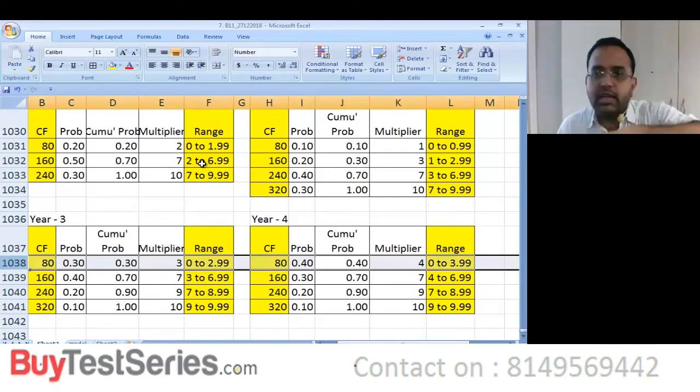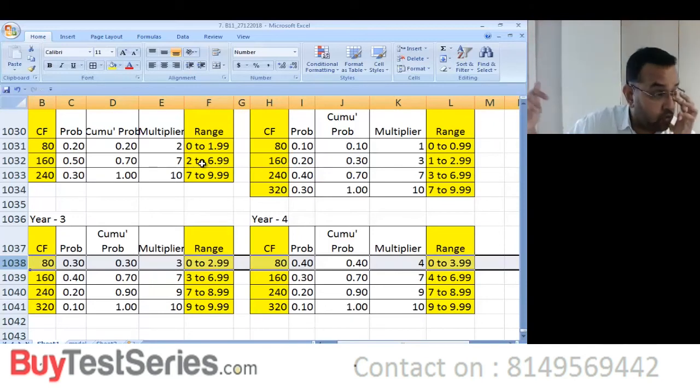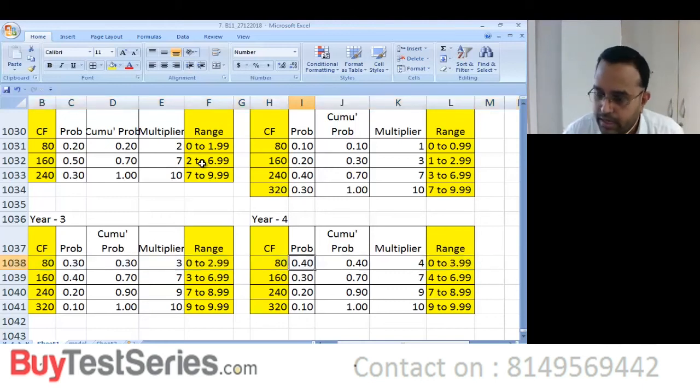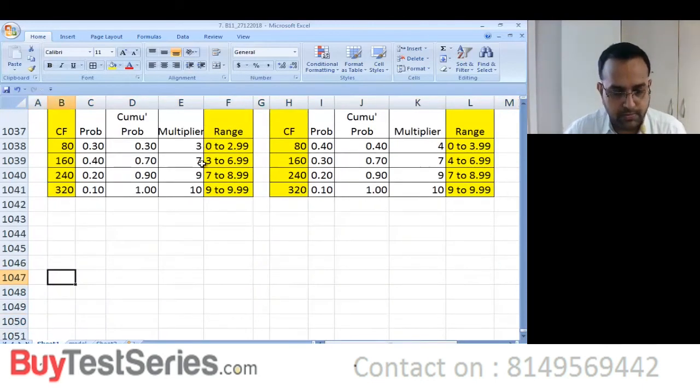With these 4 possible cash flows, what is the net present value? That's what we mean. Instead of selecting the cash flows, we select the random numbers. And through random numbers, we end up with cash flow selection. This is set 1. Repeating it for set 2, set 3, set 4, set 5, we find out NPV in each case, right? Let's work on this.